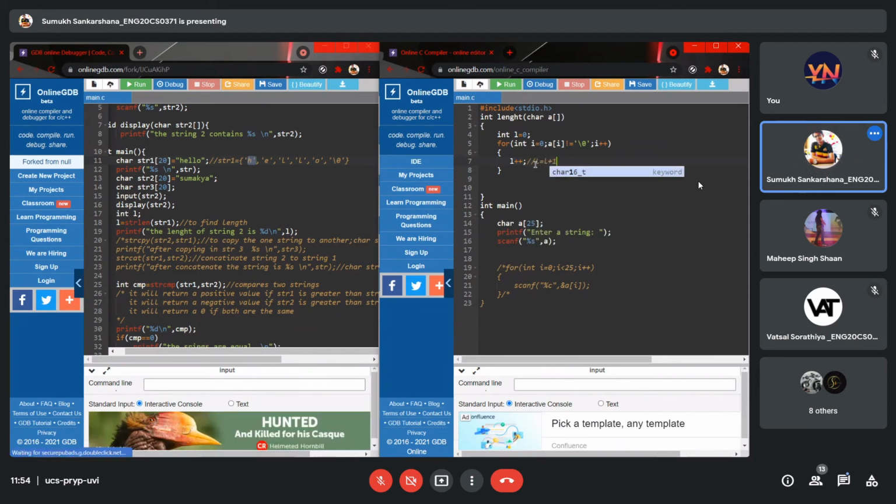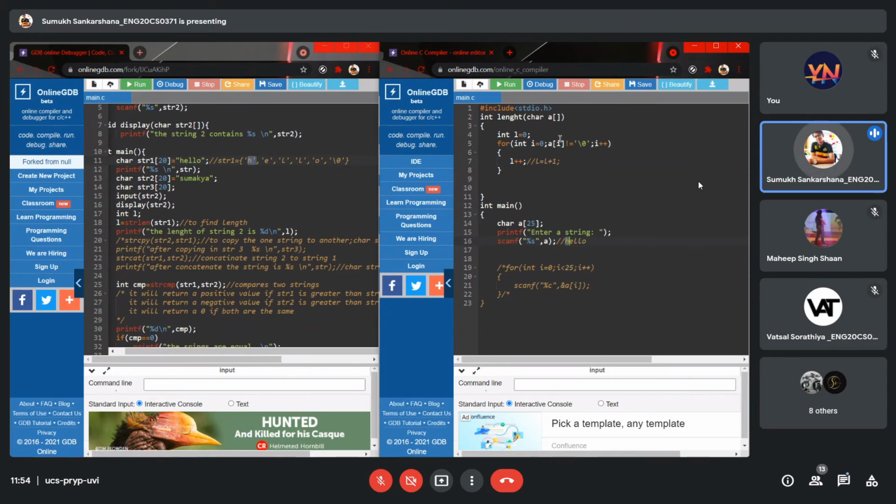In the first iteration, suppose I had entered hello over here. It takes h, which is not equal to the null character, so it adds 1, and repeats the loop, i is increased to 1. What is the next element?